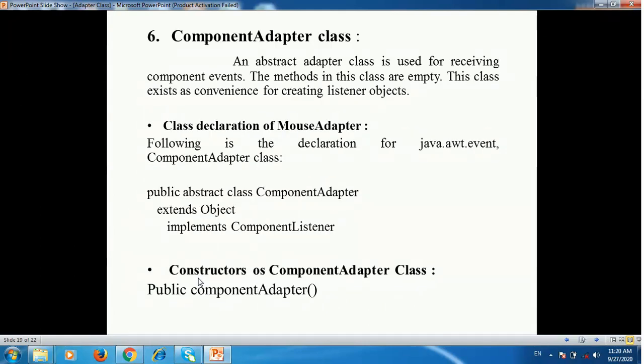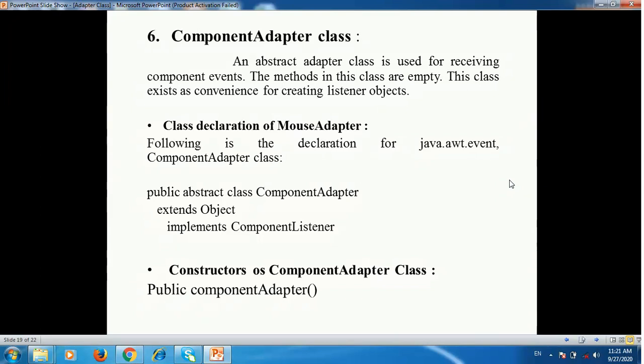Next is the component adapter class. The component adapter class is used for receiving the component event, and the methods of the component adapter class are empty. This class exists as a convenience for creating the listener object.